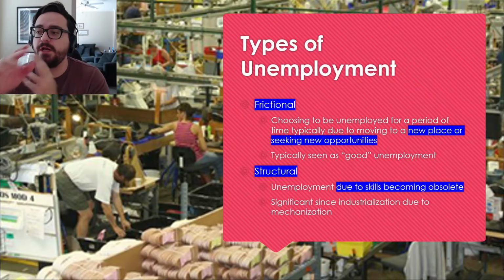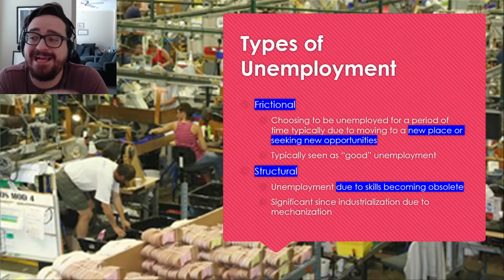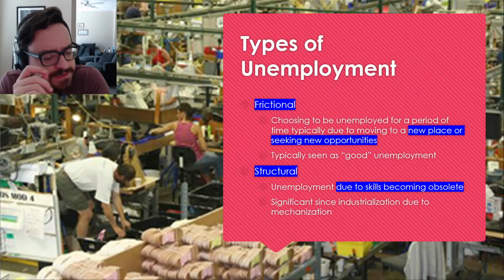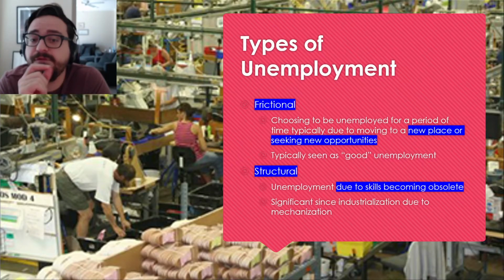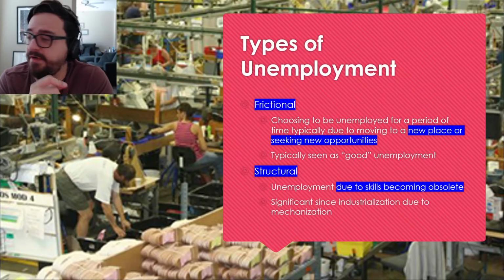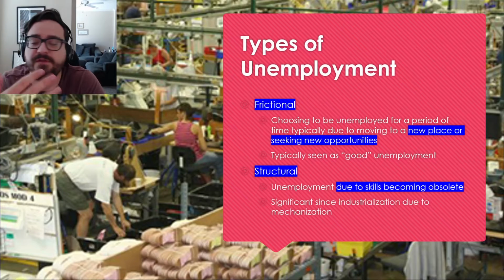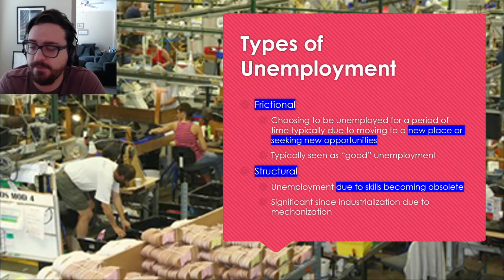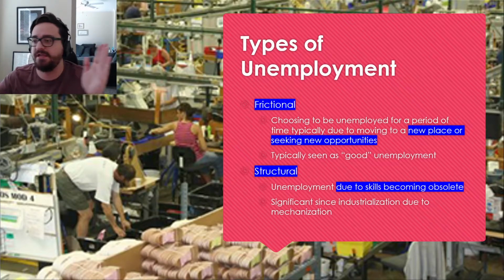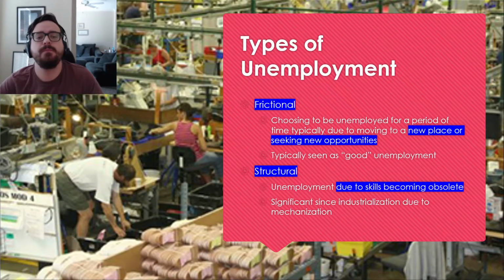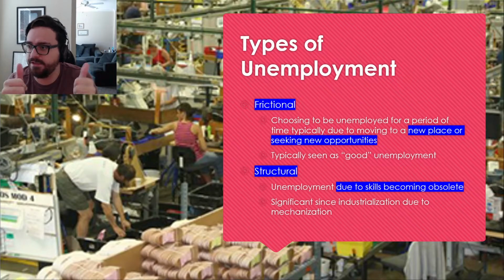The reason why this is good unemployment is it shows economic mobility. The important thing to understand is that if you have this unemployment, it means you've got a lot of opportunity. You wouldn't go to college to get a job if you didn't think you could get a job with a college degree. So being unemployed for a bit of time while you're looking for that job is fine. Now, being unemployed for like 2 years looking for a job isn't great, but it existing is fine.